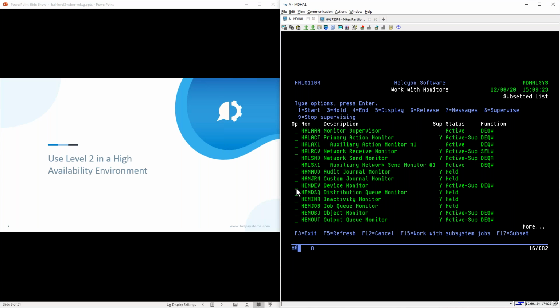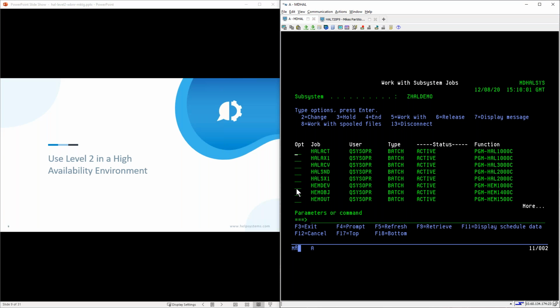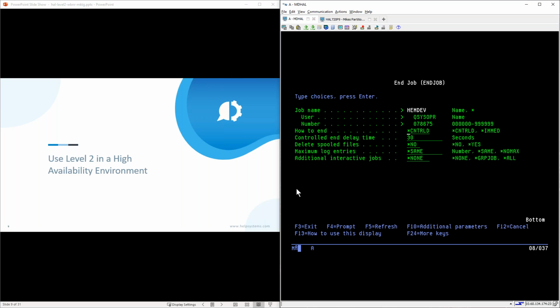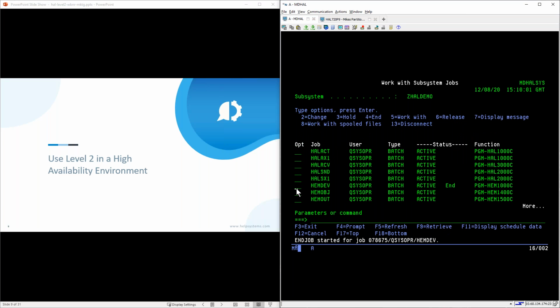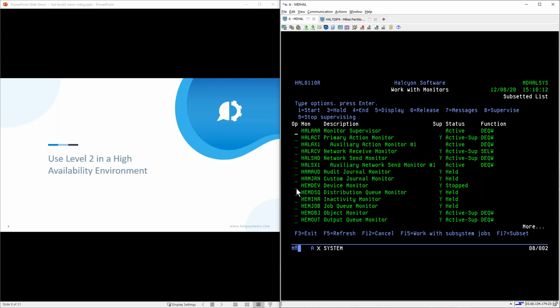So if I just simulate here with our HEMDEV monitor, I'm going to go into the actual subsystem jobs there, and we find HEMDEV. And let's say we accidentally or deliberately kill that job. You can see that's gone to end there, and we come back here and we can see it's stopped. Then the supervisor is going to be polling every 60 seconds, and providing that this column is set to supervised, it will see that, and I'll just keep pressing refresh here,